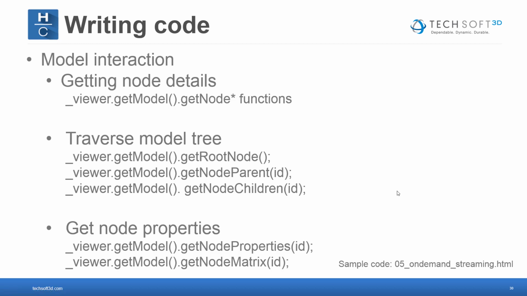Okay, so on the model, some of the interactions that you'll be using are the getNode star functions. Now, these methods are pretty essential for working with the structure of the model. So you can see here, working to traverse the model tree is